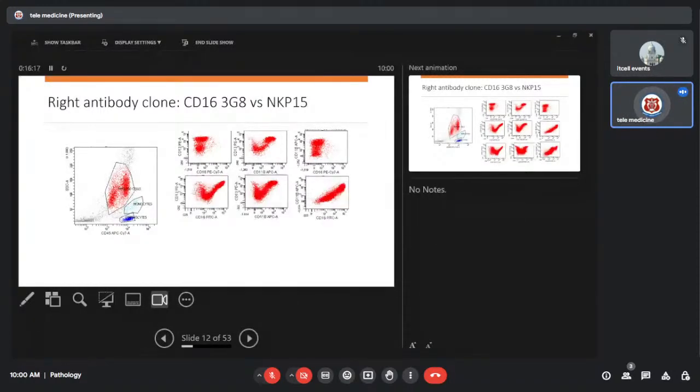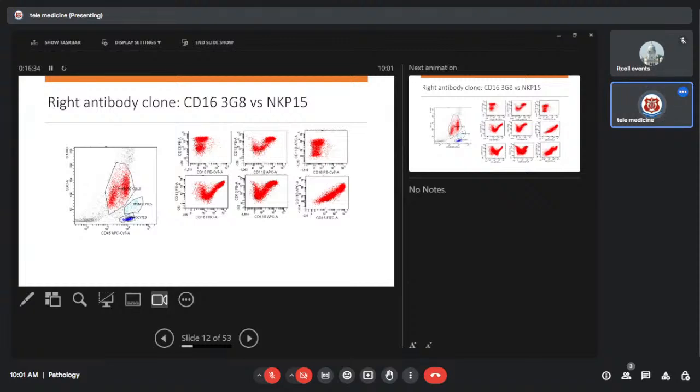So we moved to a different clone, for example, and you see the way the CD16 has reacted in the granulocytes. So this is an example of CD16 working very well in lymphocytes, for which it was initially added. But what about the myeloid cells? It was not binding to the myeloid. So we had to go back, revise, and then